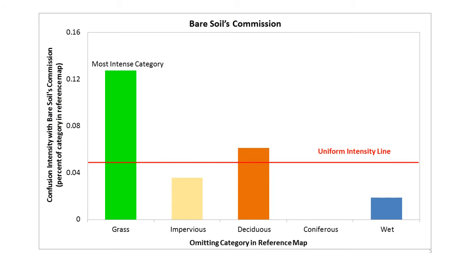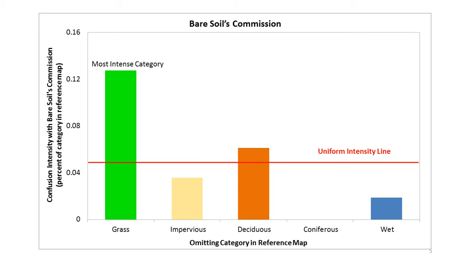We create this chart to visualize the calculation results. The red line represents the uniform confusion intensity, and the length of each bar represents the confusion intensity of each omitting category. It shows the confusion intensity of gross is greater than that of deciduous when Bell-Sawyer is committed, which answers